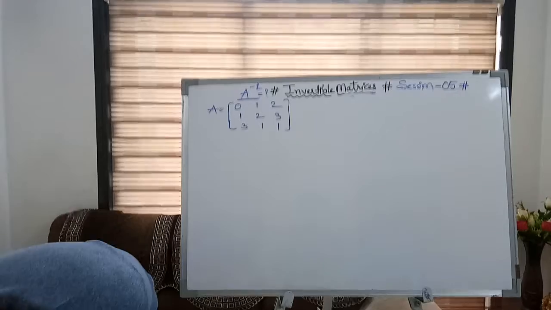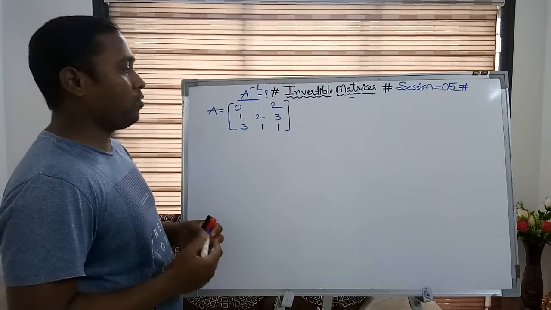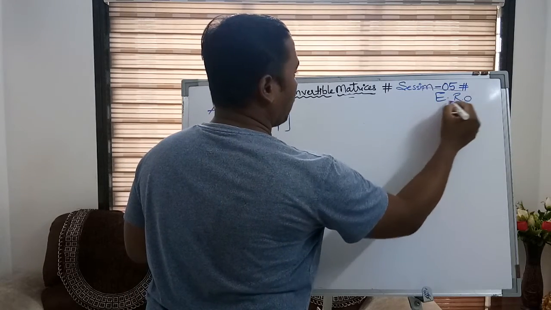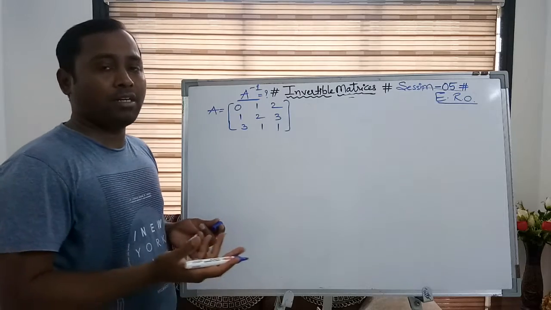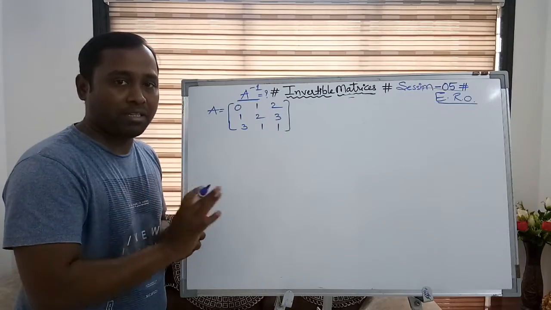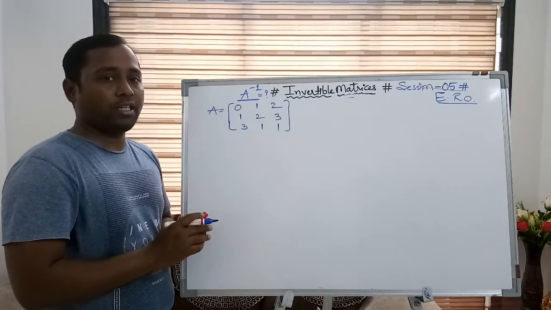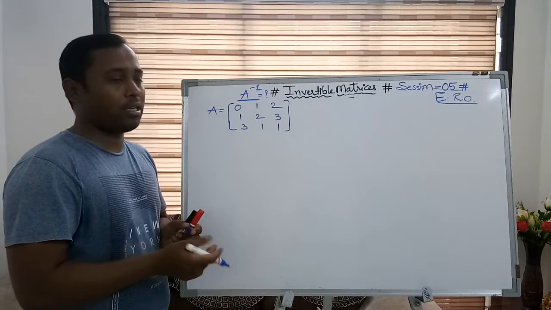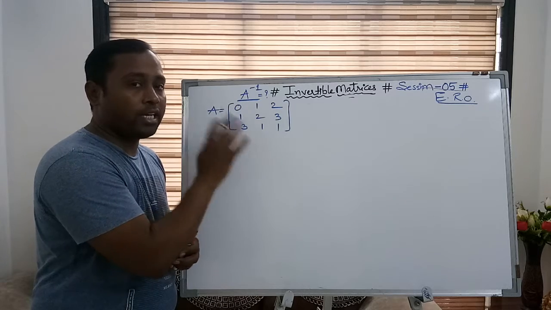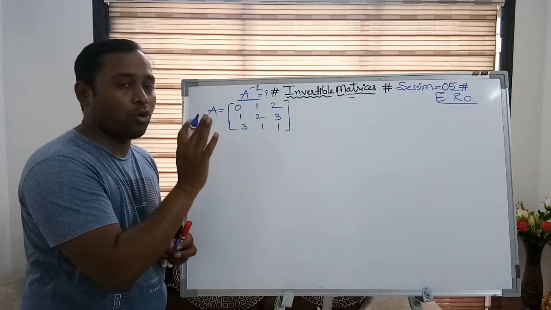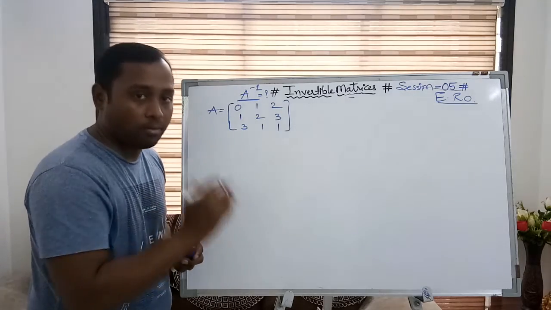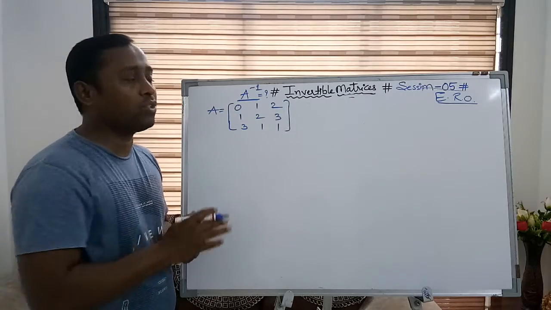This is a matrix. Now we need to find the inverse of this square matrix with the help of elementary row operation. So the method will be the same whether it is a 2 by 2, 3 by 3, 4 by 4, 5 by 5, n by n. Only the difference is the length of the process. As the number of elements is 9, we are going to get its inverse in 9 steps. It means 9 operations will be applied at max. It cannot be more than that, but it can be less, depending on the elements which are given in the matrix.